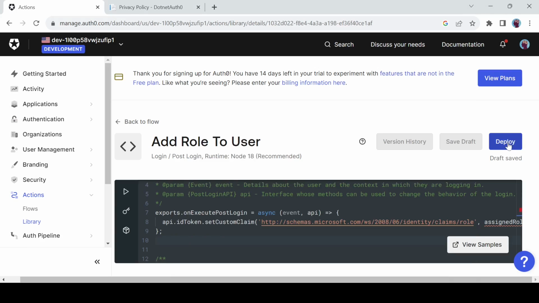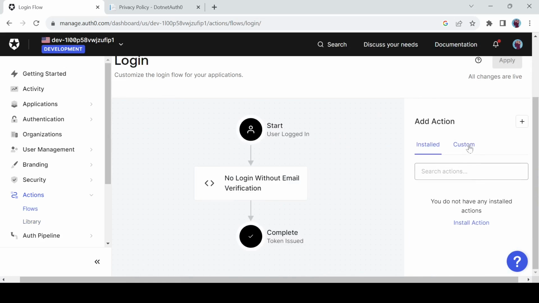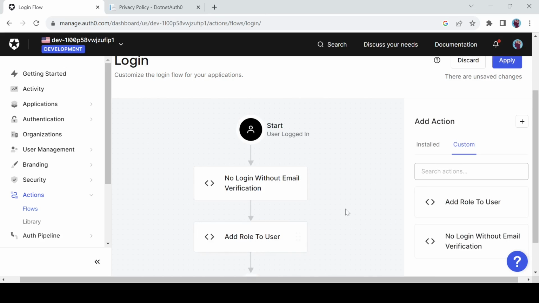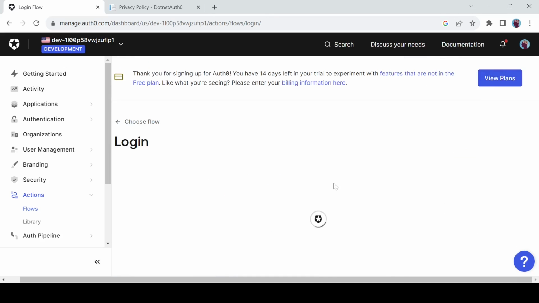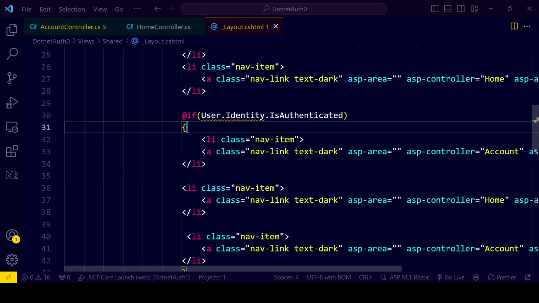Okay, so let's deploy this, and after that click on this link back to the flow, and again go here and add role to the user. So drop it here and click on apply, and here in this section, profile, account,